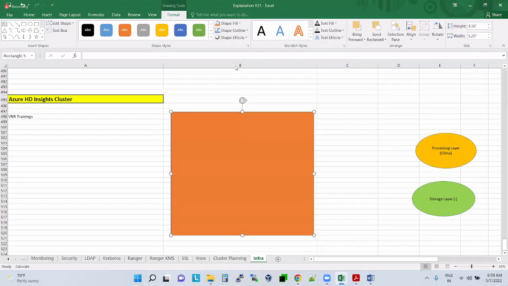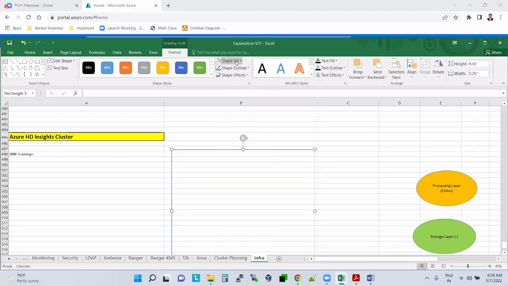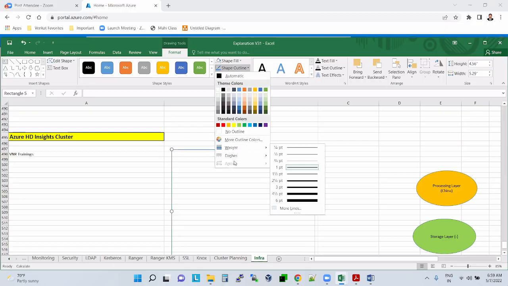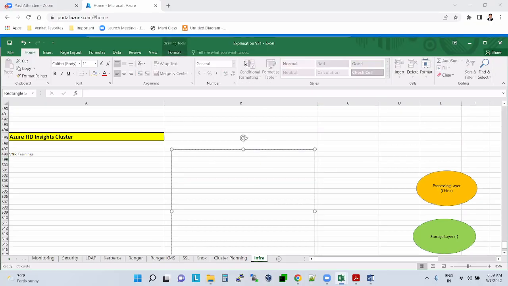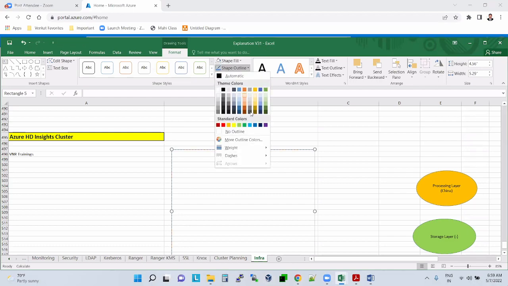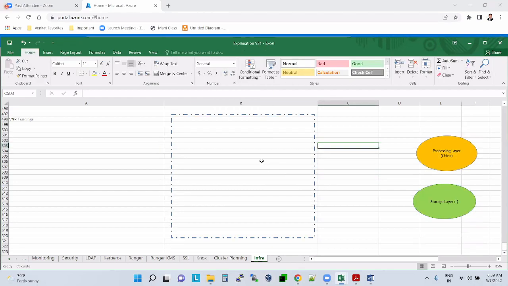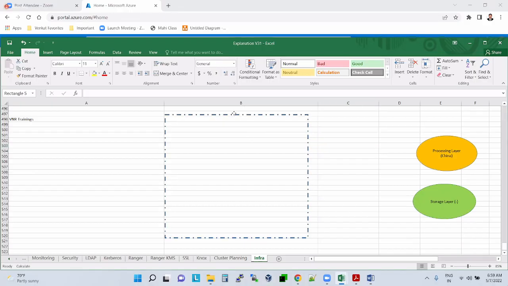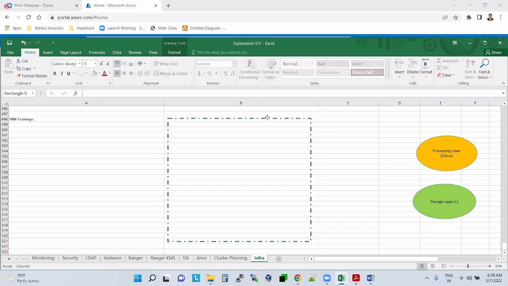Understood? This is the resource group where you will have all the resources inside it.